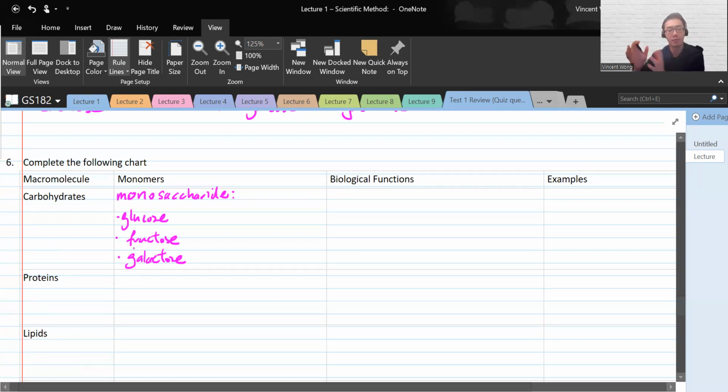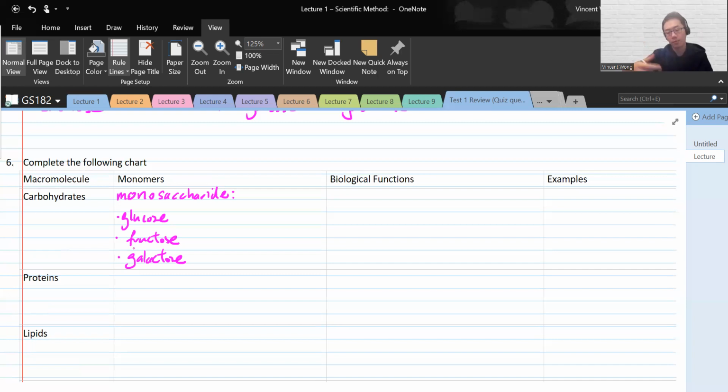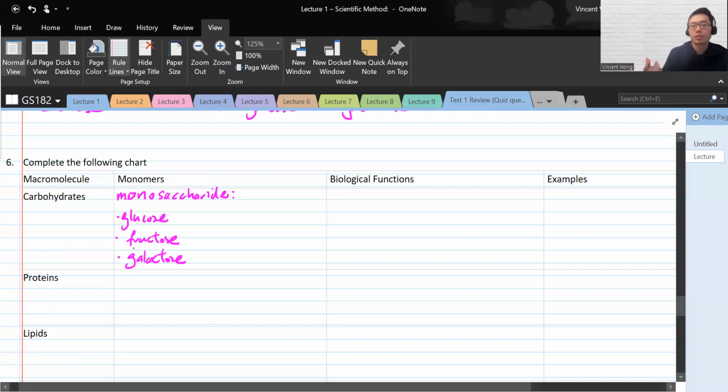Glucose plus glucose gives you maltose. Glucose plus fructose gives you sucrose, and then glucose plus galactose gives you lactose, right? All these are in your notes, but this is only asking for the monomers. So biological function, what does it do? So for carbohydrates, we have things like